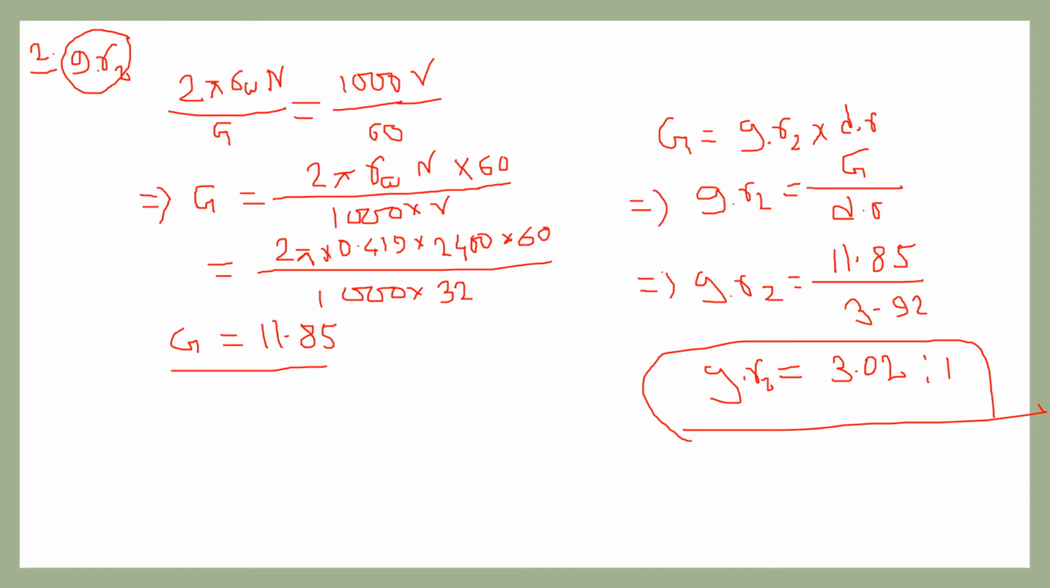Now coming to the third question, where we need to find out the velocity in the first gear or the top gear, which we have to calculate on level ground. On level ground, the total resistance equals rolling resistance plus